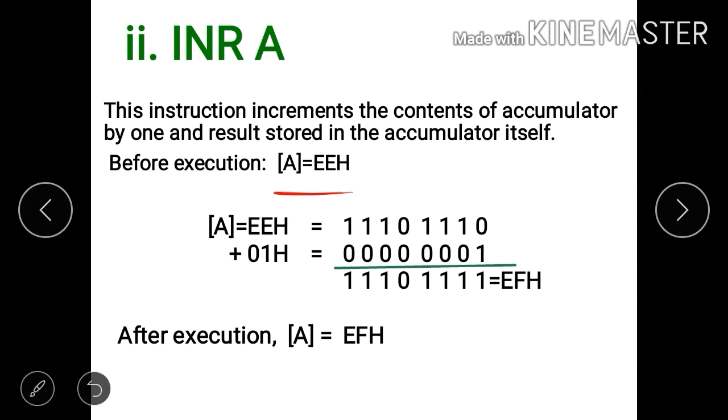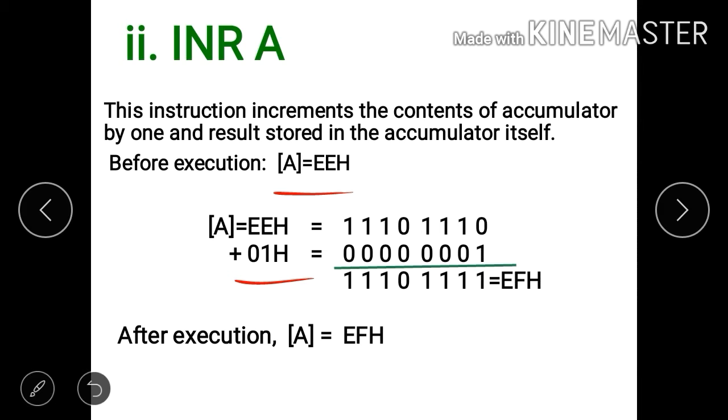The binary format of EEH is 11101110. So we will add 1 to that. So we will see 01H. The binary format of 01H is 00000001.